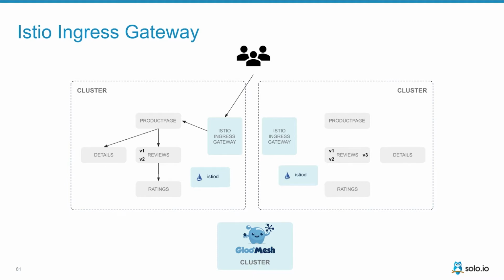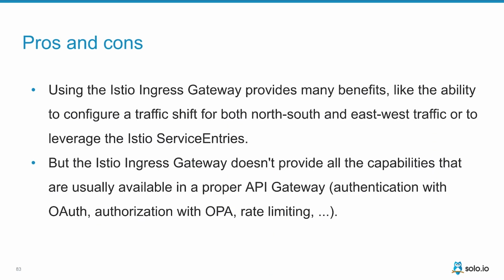So you have the Istio Ingress Gateway, and you can use it to expose your application to the outside world. It has some good advantages like being natively integrated, obviously. You can define traffic shift for both north-south and east-west traffic. You can leverage service entries. But it's not what we really call an enterprise API gateway, right? It doesn't have all these nice OAuth authentication, rate limiting,